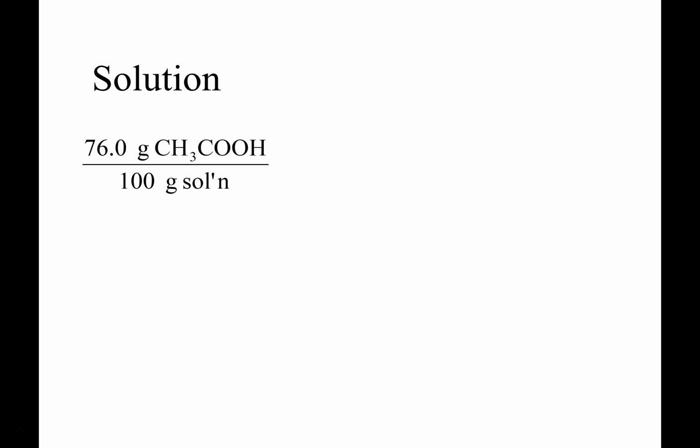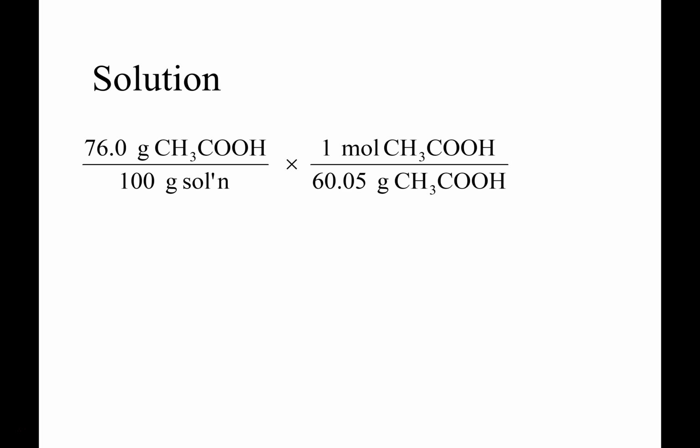So where do you start? Well, wherever you want to start. Like I said, sometimes when I'm grading, students go one way, sometimes they go another way. But we know we're going to want amount of solute, and molarity is moles of solute, but if I put grams of solute on the top, I'm probably going to be in good shape. 100 grams of solution in the bottom. Of course, there's no uncertainty brought by that 100, because that's unpacked by definition, so we have 3 sig figs there. If I go ahead and introduce the molar mass as my second term,